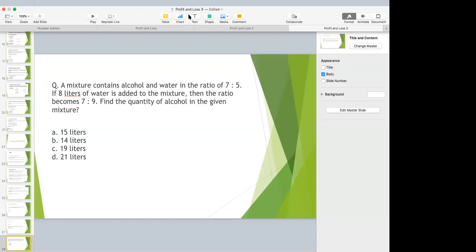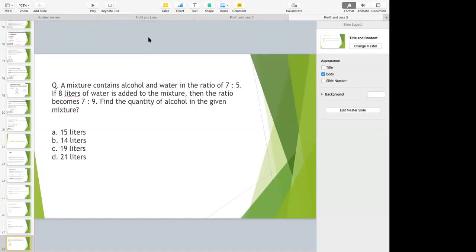Okay, so guys, do you want to learn a method to solve this question without pen and paper? Do you want to know how to solve this question without pen and paper? Okay, so pay attention, because I believe most of you would have done this question by assuming X.